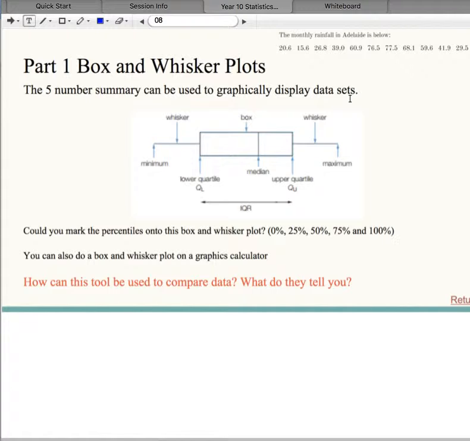And then we can compare these once we get the other fishing spot going. So if you guys can sketch in a similar diagram, I'm keen to see this in your book. So please have a go at that, and then give me a green tick once you've done that. And then we'll make up a data set for